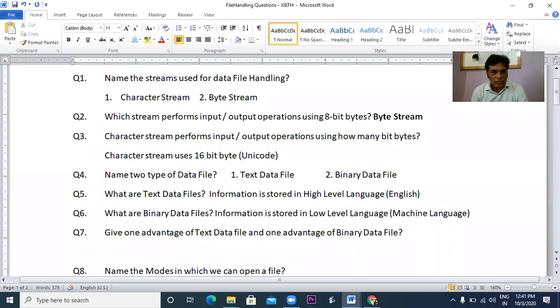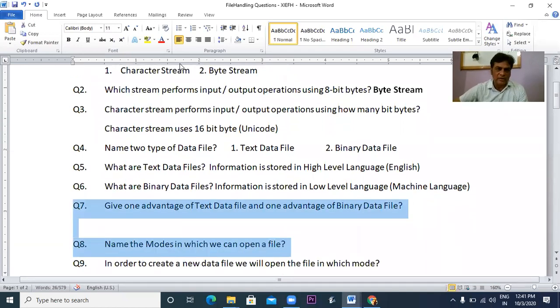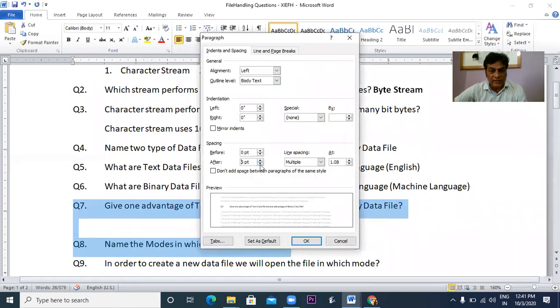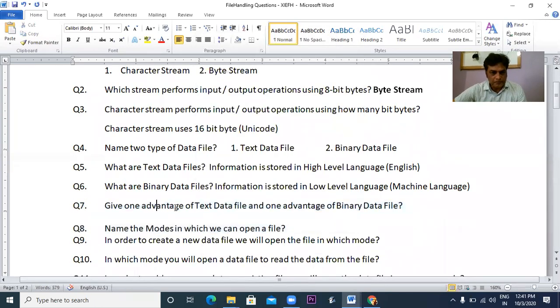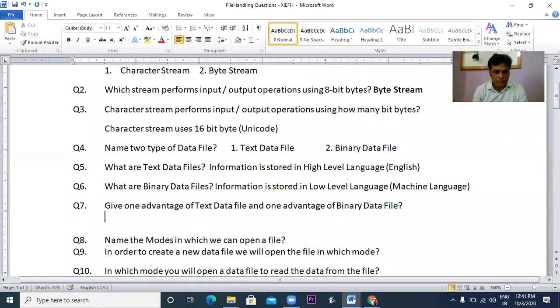Now, give one advantage of text data file and one advantage of binary data file. So text data file का advantage क्या हुआ? What is the advantage of text data file? It is easy to understand and can be easily read through notepads. Text file easily read and understood through notepads,